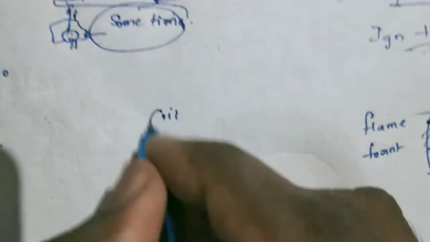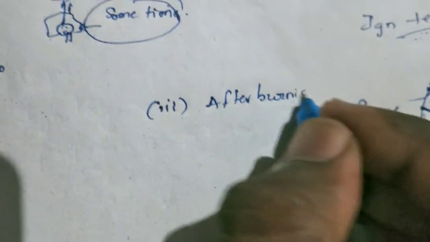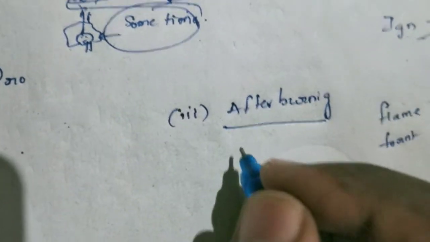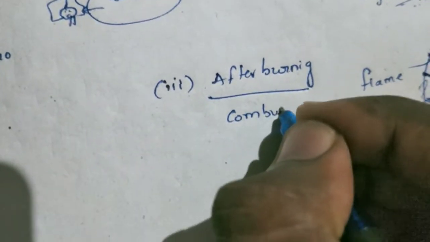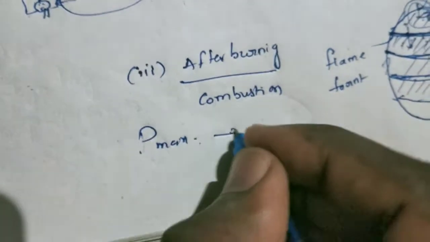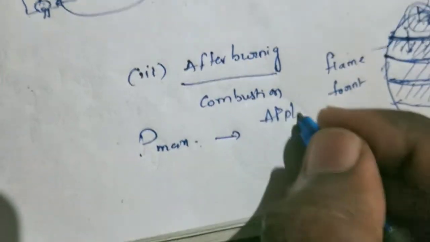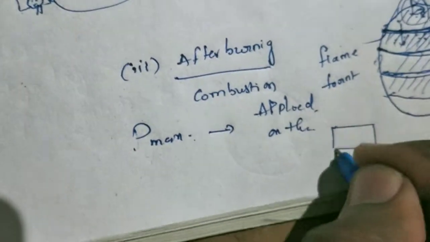And the third one is the most important stage. It is after burning. After burning, that is, after completion of the combustion, we all know that we get P max. This can be applied on the piston